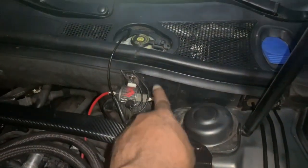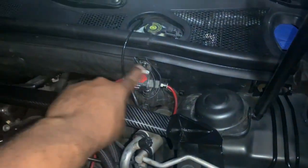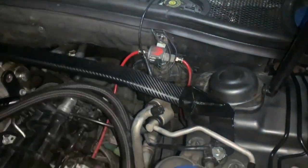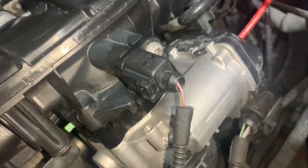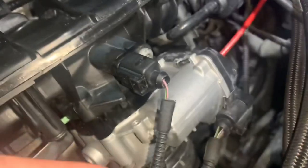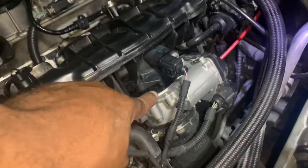So the meth will be right here and wait for me. As you can see, I have a power and a negative right here, and just wait for me to ignite my boost gauge. Once I ignite my boost gauge, it goes here. Once it comes here, it goes into this throttle body spacer. At the bottom of this throttle body spacer, I have an entrance for that. So that mist goes into that throttle body spacer,